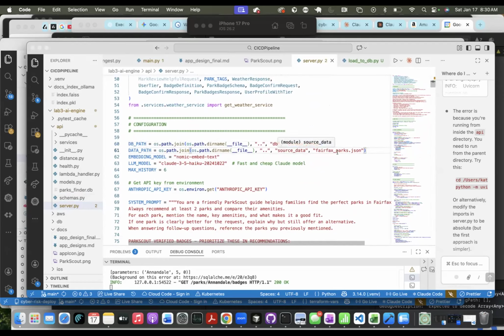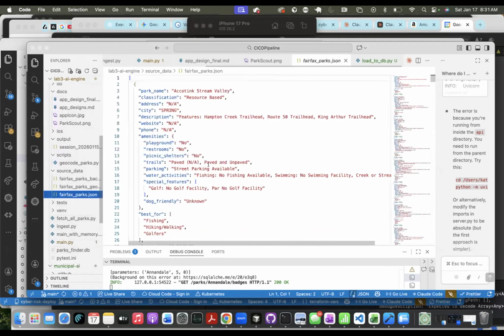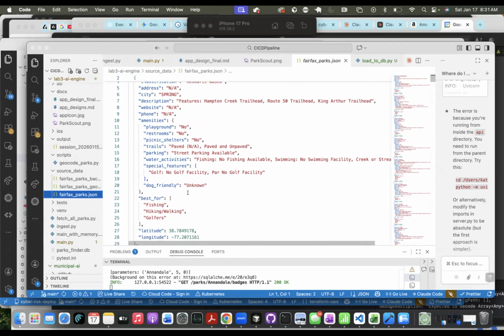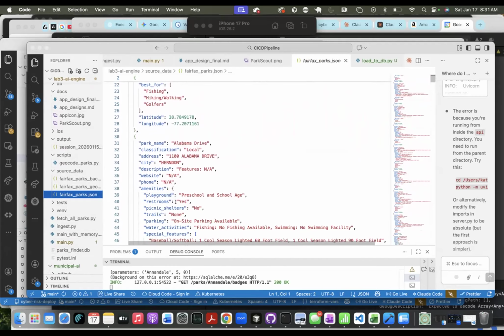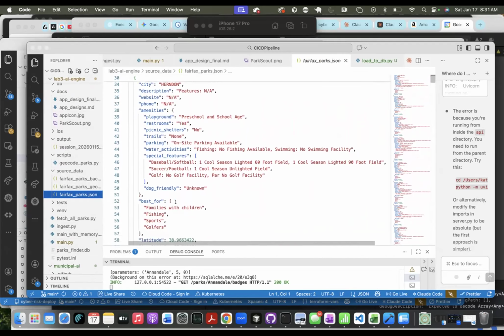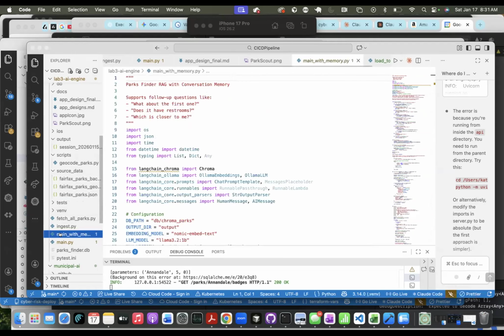This is where it's pulling in the source data, the Fairfax Park JSON that I pulled from the Park API. It has information on the city, description, and the different amenities, which is where I built the water activity and special features. If I want to expand to a different county, I'm going to have to find something that matches this, or something I can adjust to.